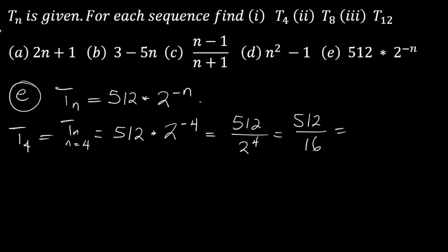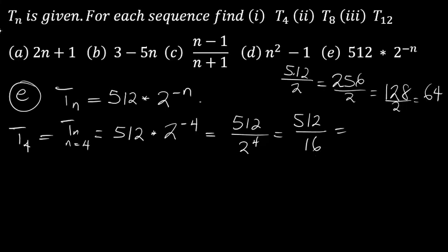512. Let's see, 512 divided by 2: 5 divided by 2 is 2, remainder 1. If you put the 1 here it is 11, that is 5, remainder 1. You put the 1 here, it is 12, that is 6. You divide it by 2 again, you have 128. Divide by 2 again, you have what? 64. And this 64 is equivalent to